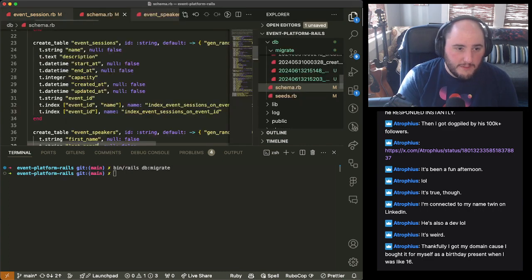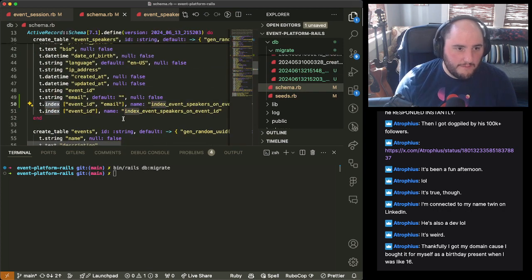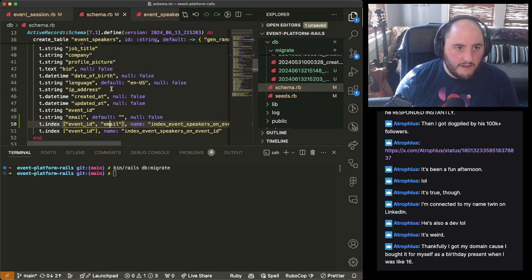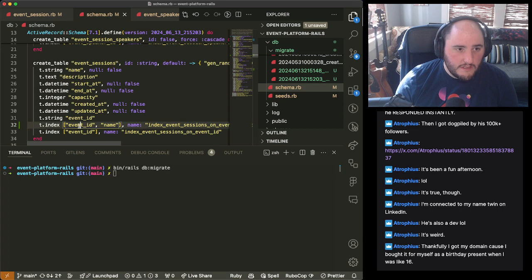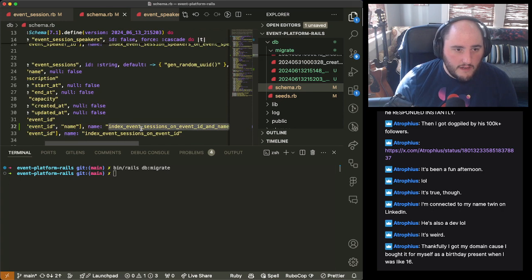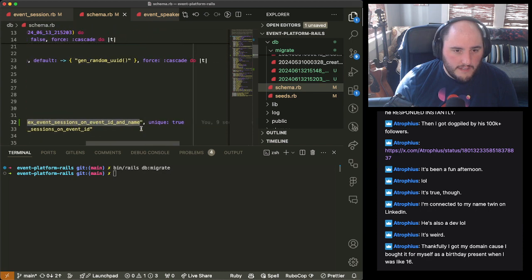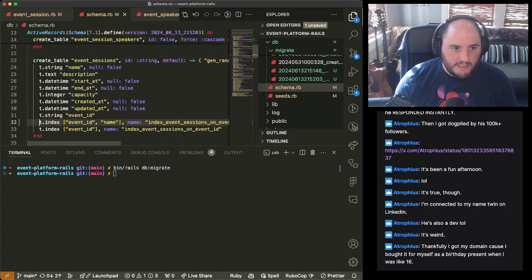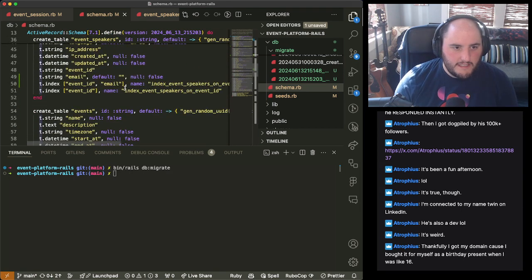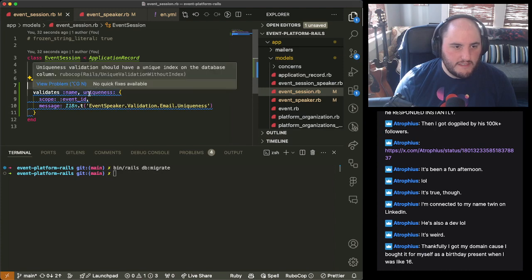If we go to our schema, if we look at our indexes, right? We've got on session, event ID and name. There is a uniqueness constraint here. IntelliSense, I don't know what you're smoking. I'm gonna let you keep smoking because that's just blatantly not true.